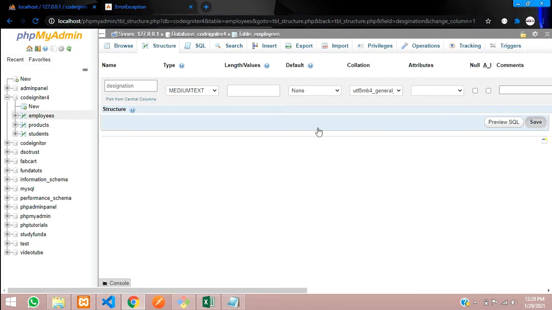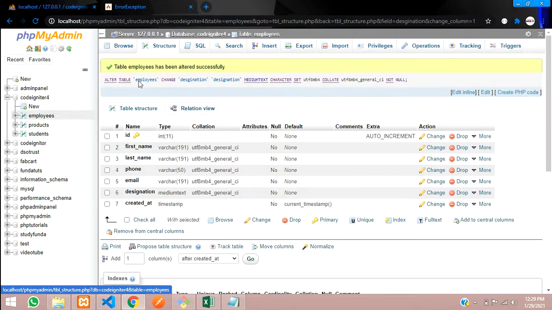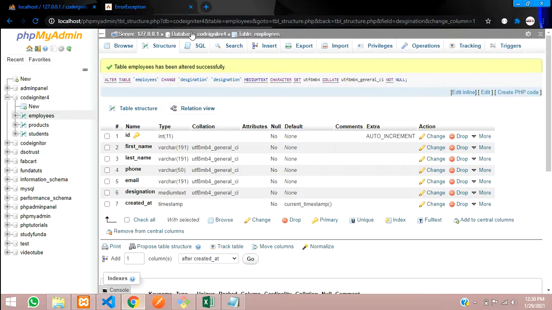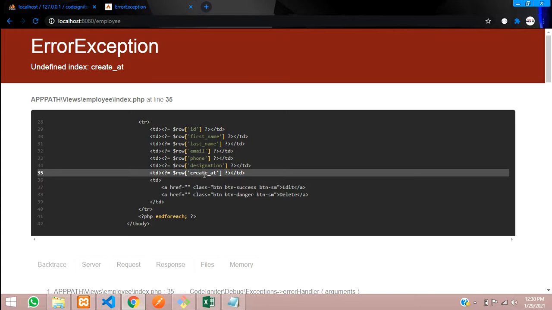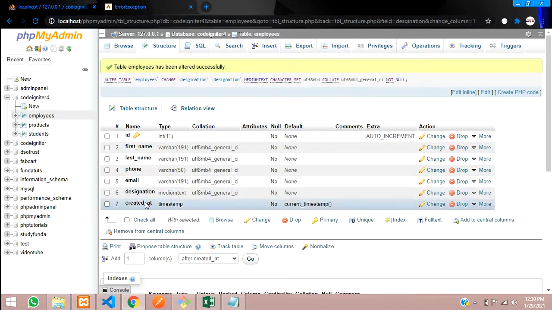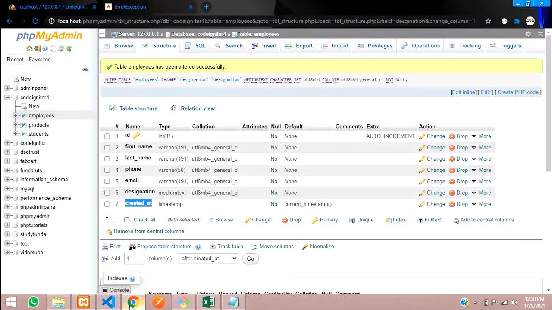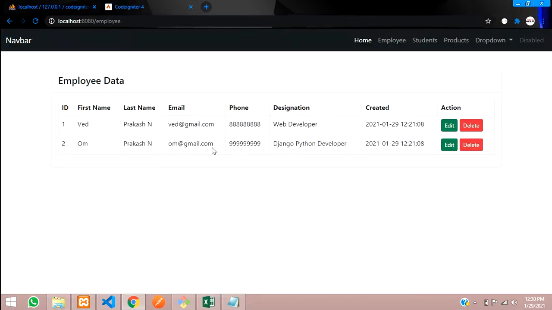So let's save, and let's go and paste that same name. That's it. Save this, and let's get back and refresh once again. So created at is also missing. Here it's the correct spelling. Let us check over here. Okay, let's paste that. Let's refresh. Cool. So finally we have fetched the data now.